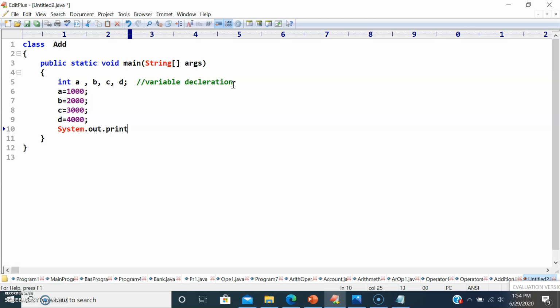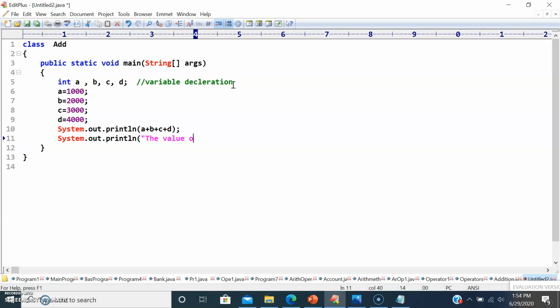System dot out dot println a plus b plus c plus d. Then I'm going to say the value of a is 1000, value of b is 2000. For that I'm going to do concat over here. Whenever you want to print some group of words, that should be enclosed with double quotes.